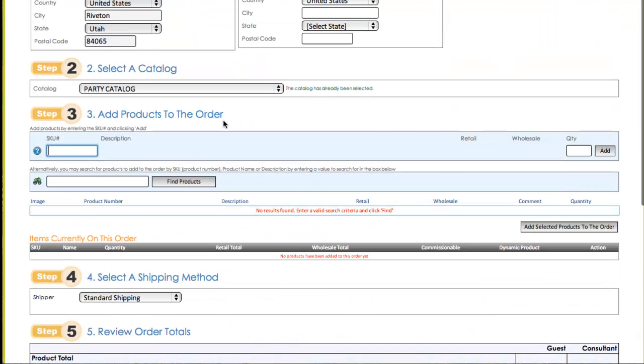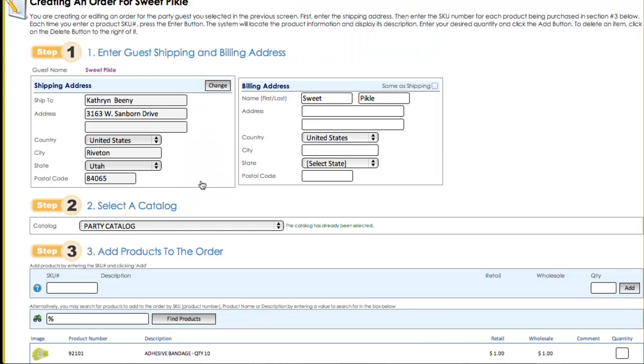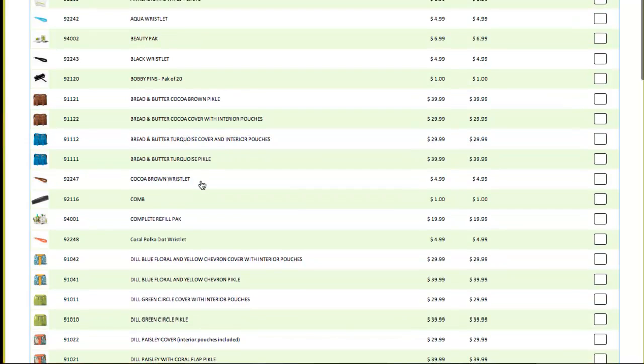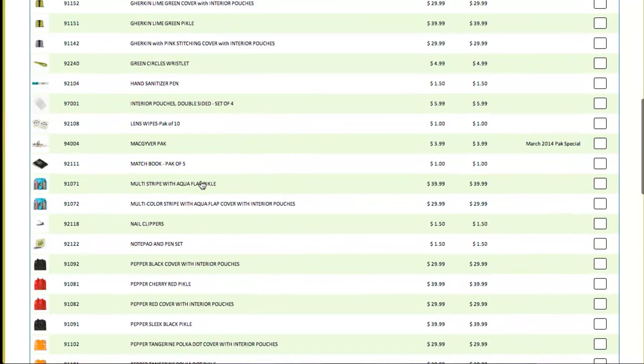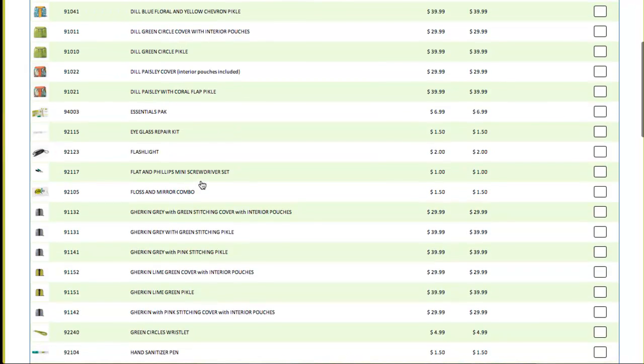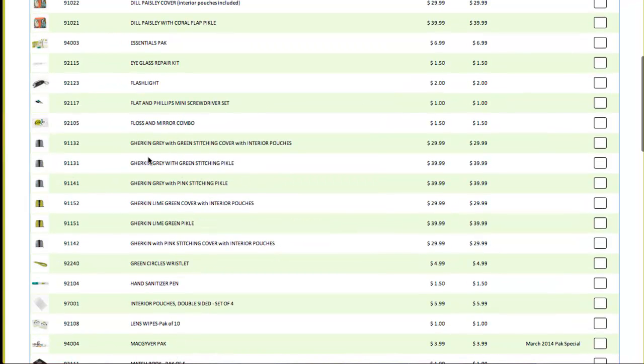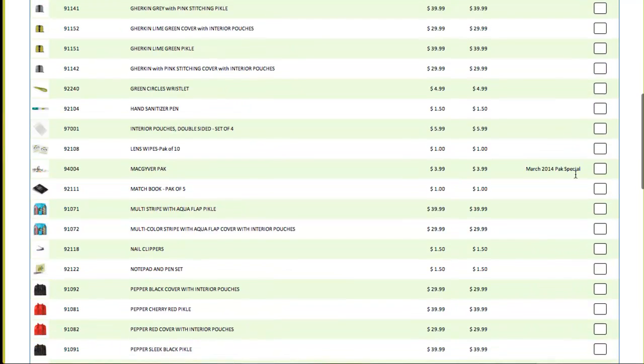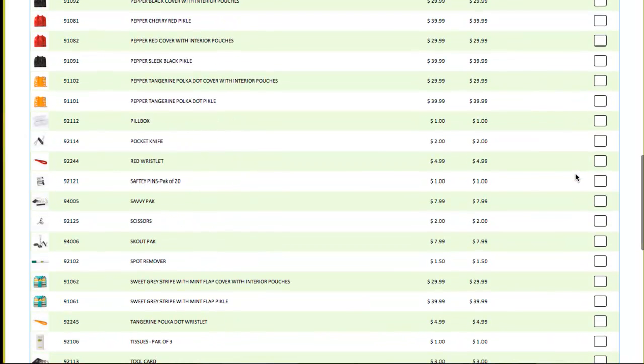For Sweet Pickle. So again, I've taught you how you can use a SKU number. I've taught you how you can use just a percentage key to pull up everything, and I've taught you how to use just a keyword. So let's go back and use the percentage. And this person wants to get a gherkin pickle. So they are up here, and she wants the gray gherkin with the green stitching, so I'm going to grab one of those. But she would also like to get the Savvy Pack